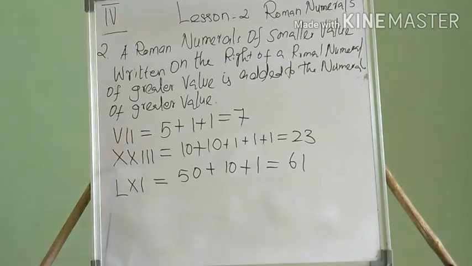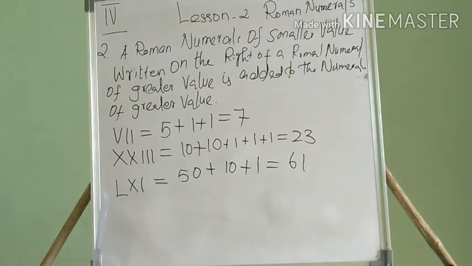Here see, here 10, 10, here 3. Compared to the 10s, this is a small number. This is the rule: if any Roman numeral is a greater numeral and there is any small numeral on the right side, simply add. That's the meaning. So here 10. Now I am going to add because this small numeral is placed on the right side. So 10 plus 10 plus 1 plus 1 plus 1, 23.